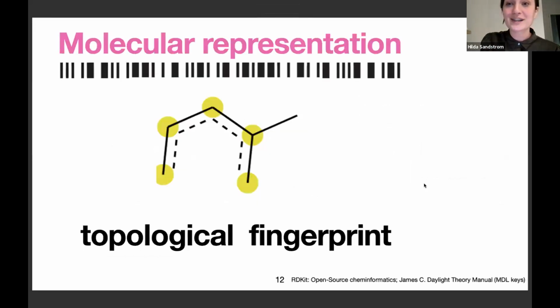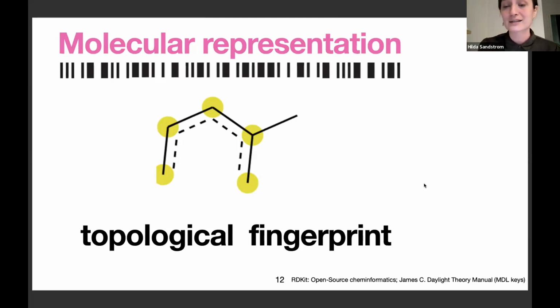So to do the comparison of the molecules, I need to make use of some type of molecular representation. And here I make use of a molecular fingerprint, similar to the output of the machine learning models that are used in compound identification. There exists a variety of different representations, and I chose the one for my analysis that I will show you today, which is called the topological fingerprint.